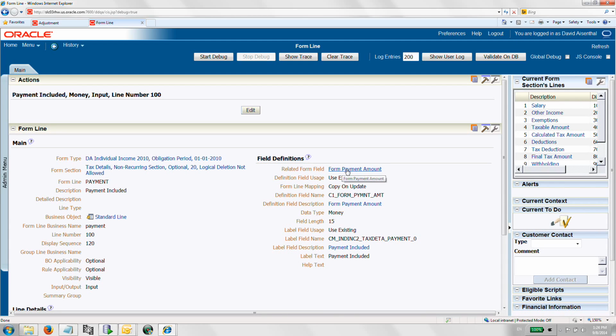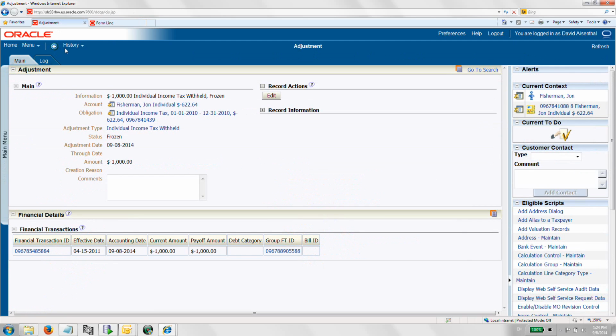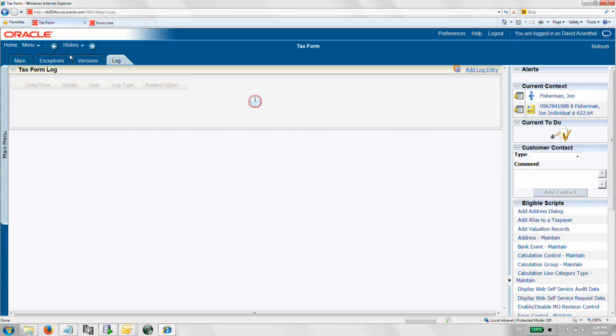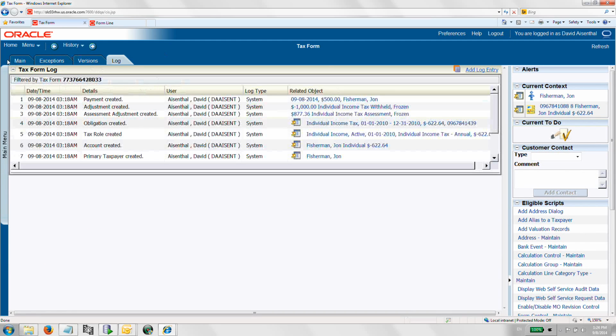It's placed into form payment amount, and the reason why I've placed it there is because the form rule which creates the payment is going to look for that amount to be able to create the payment. Okay, in some of them you'll also see that I have, if you go back to the actual tax form,